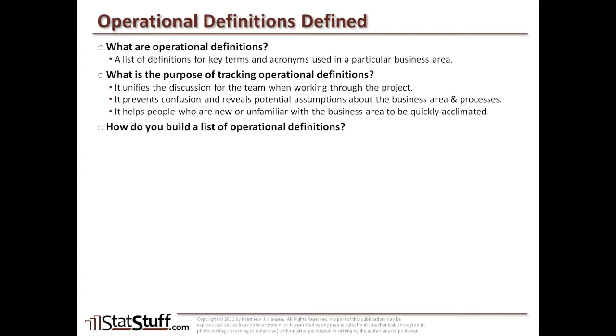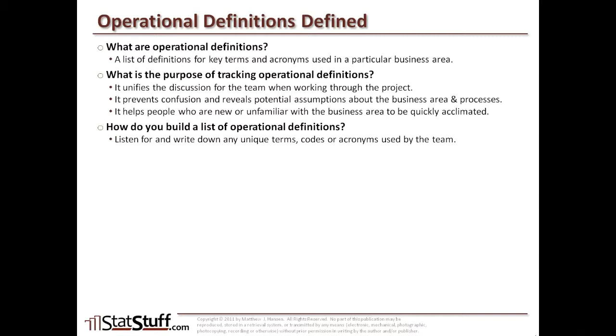Now, how do you build a list of operational definitions? Well, try to listen for and write down any of those unique terms or codes or acronyms that are being used when you're sitting with the team. For example, if you're building a process map or trying to define the problem statement, you're getting yourself acclimated with that area, if you haven't already been familiar with it. And as you hear people talk, listen for certain terms or codes or any acronyms that people use and write those things down. Even if it's things that you're familiar with, but there are some other ones that you're unfamiliar with, it's still good to write those things down,